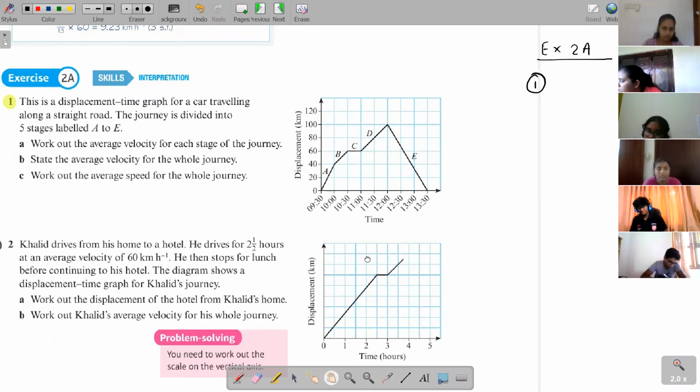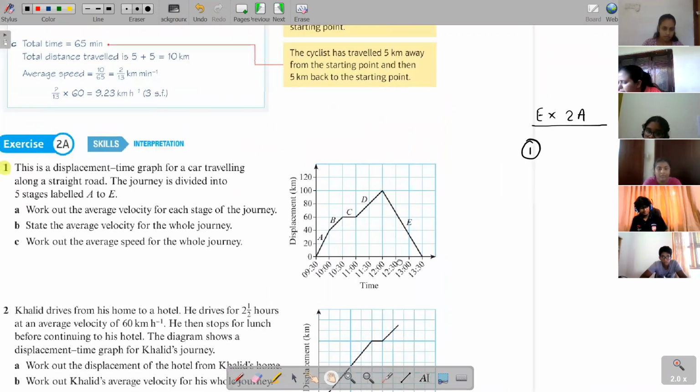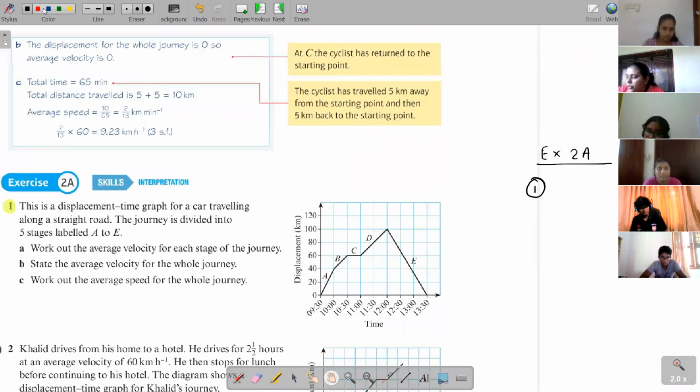So how do we normally get the gradient of a straight line? There are a few ways to get the gradient. One way is if you know two coordinates, you can use the y difference over the x difference. Do you remember this? Taking the y difference over the x difference gives you the gradient, and the gradient is giving you the velocity. So if you want the velocity, get the gradient. You can do this by the coordinate method also, or there is another way.